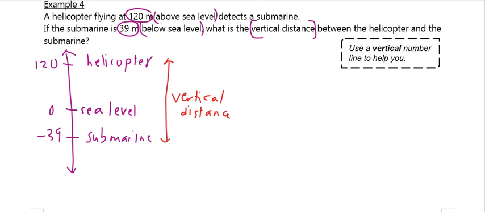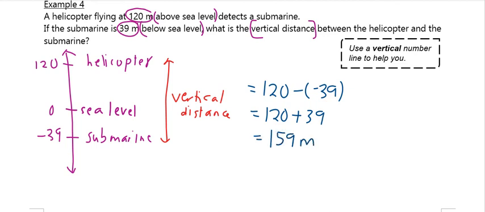So therefore, your answer will be, which one is the highest one? It's 120 minus your lowest point, which is negative 39. So this is the vertical distance. So 120 minus negative means positive 39. So your answer will be